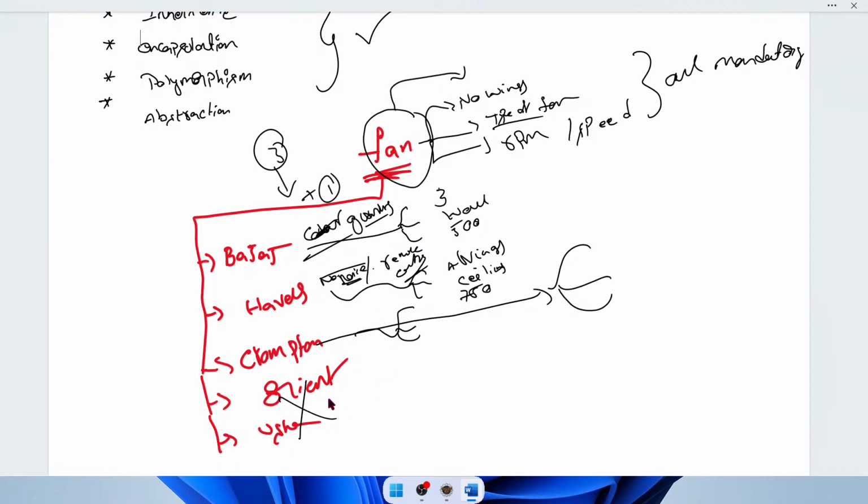Skip these two. Class will be very lengthy if we discuss both. For this, it is a 5. Okay, Crompton has 5 wings. Very big fan. Next,